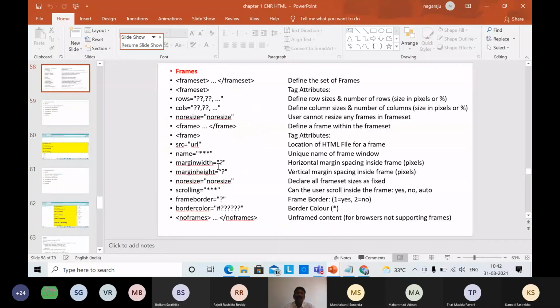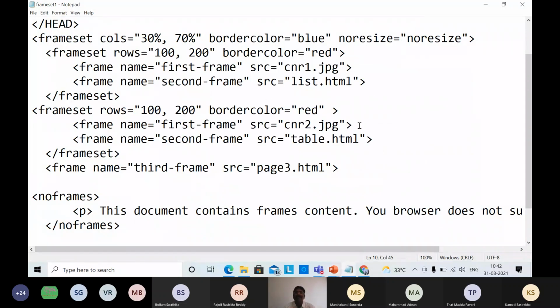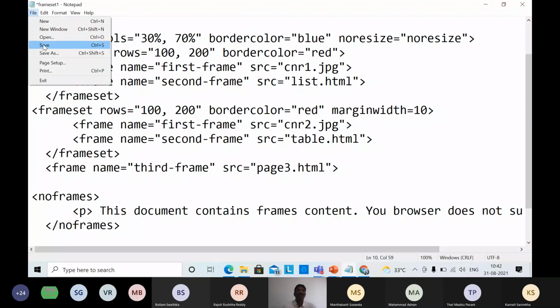So margin width, margin height. Suppose when you are using that margin height, in the same way I will write like this: margin width. Margin width is equal to, or suppose here I am giving 10, right? So for the first one, when I am giving margin width,